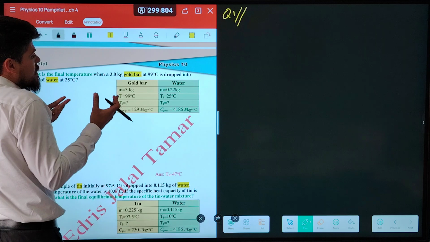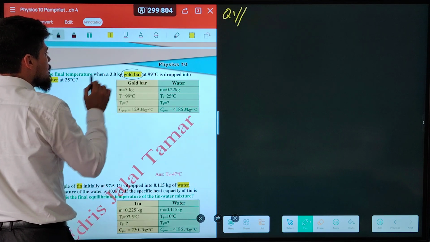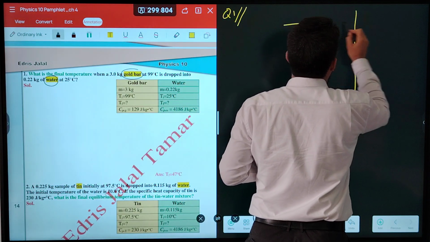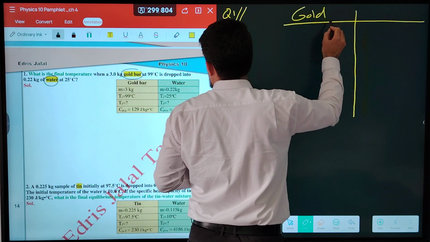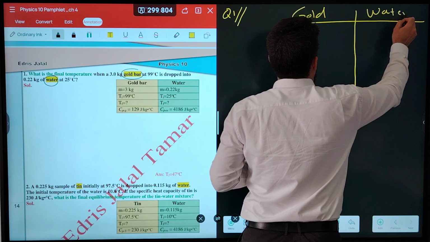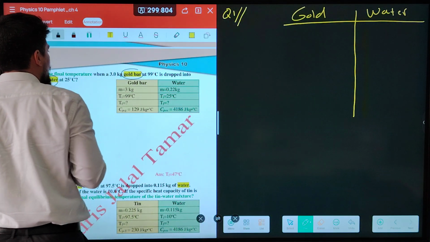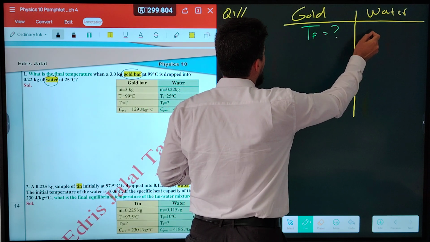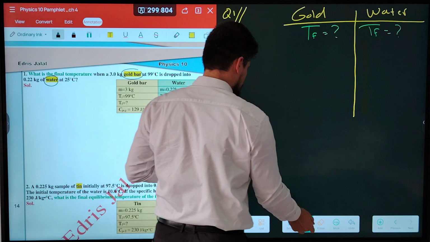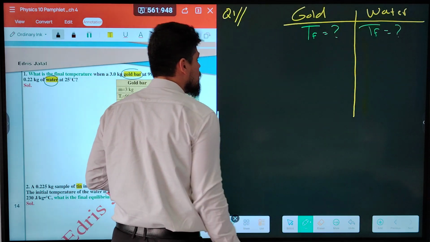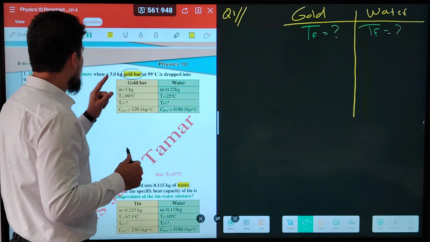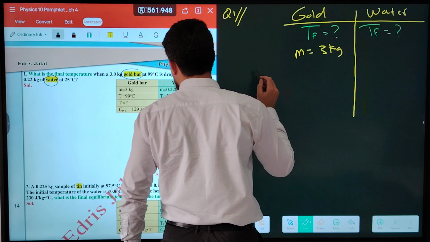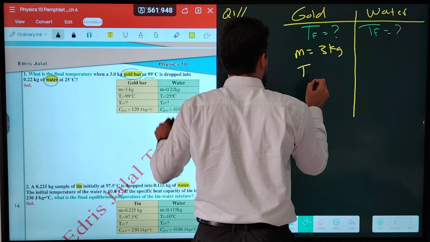So at first you have to know how many substances we have in this question. The first substance is the gold bar and the second substance is water. Make a table: gold and water. We have two substances. The final temperature is unknown for both of them. T final unknown, T final unknown, which have the same value. The mass of the gold bar is 3 kilogram, the first substance,